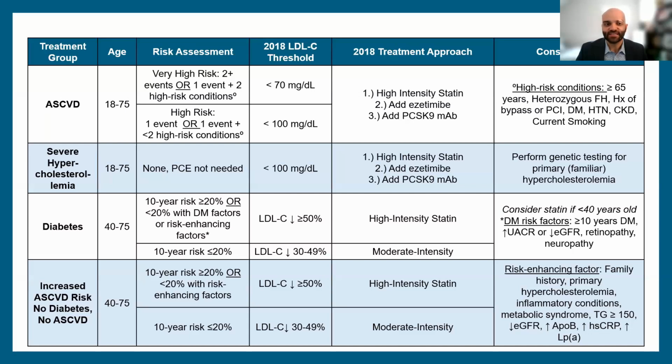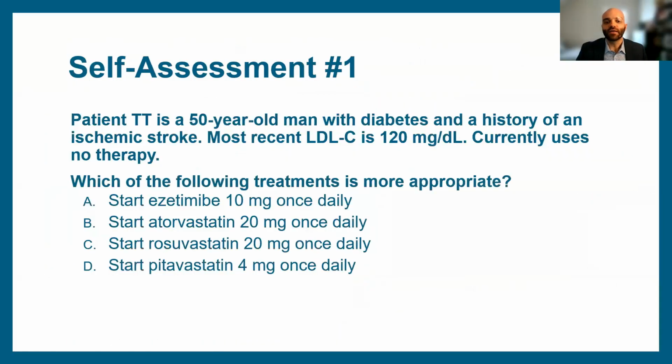Yes, they're aged 18 to 75. They need to be on a high intensity statin at a minimum here. And then we can talk more about treatment goals and thresholds as we go. After we look at that, they should be on a high intensity statin, but the patient's not on any therapy, so I wouldn't consider that yet because they're not on a background of statin therapy first.